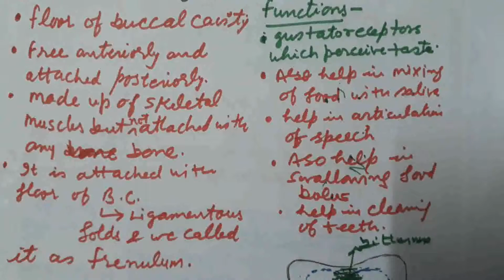When we speak out a word, the tongue touches a specific area of the buccal cavity. For example, if we have to speak out "ta", when we speak out the "ta", then the tongue has to touch the palate of the buccal cavity. Then we can clearly speak out the "ta" word.